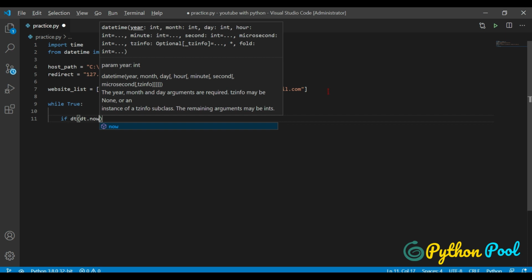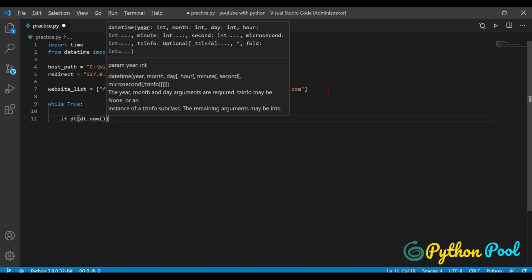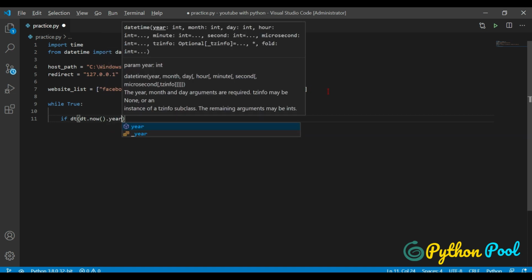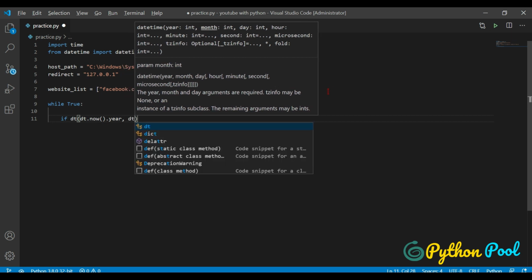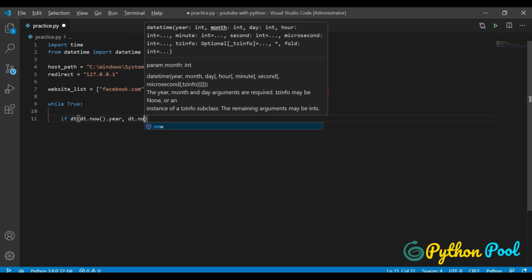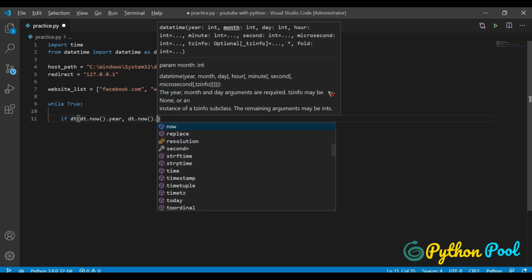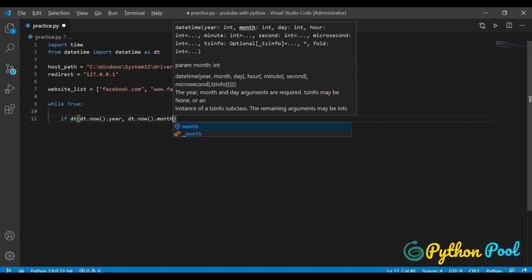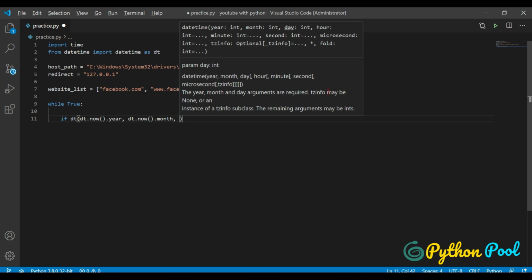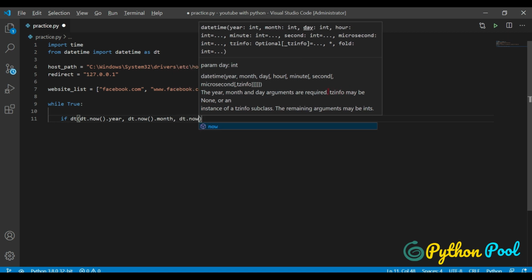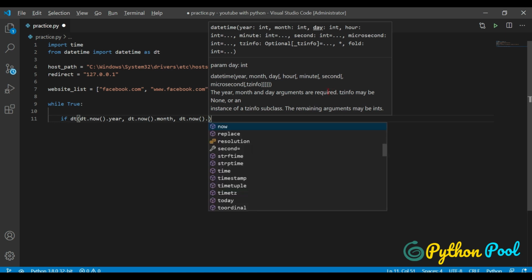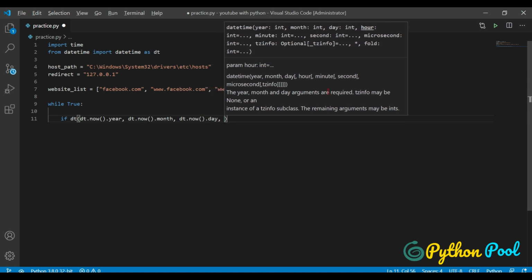So we'll be using the now function for that. datetime.now().year, and first of all we pass year, then we pass month, then we pass of course a day, dt.now().day, and we also decide from which hour to which hour we need to block this website.